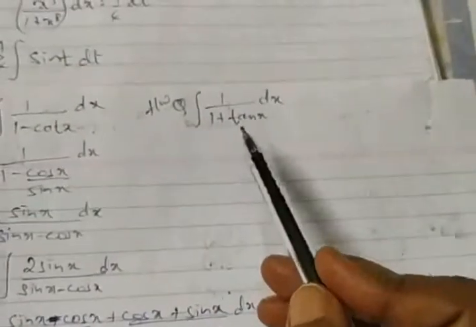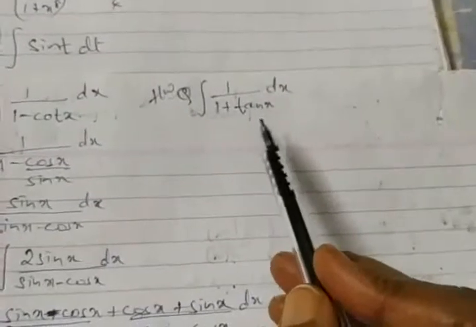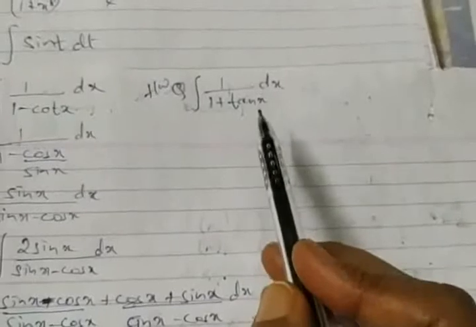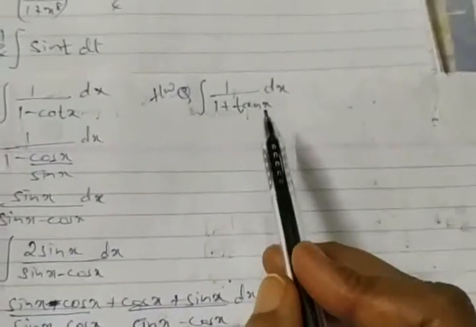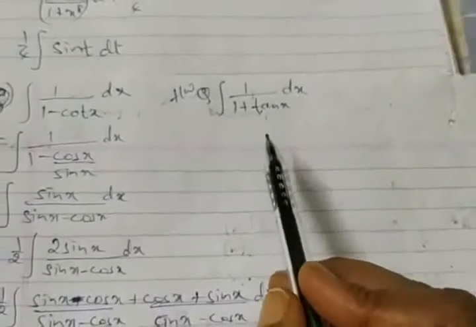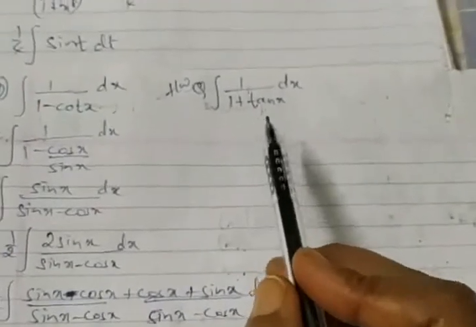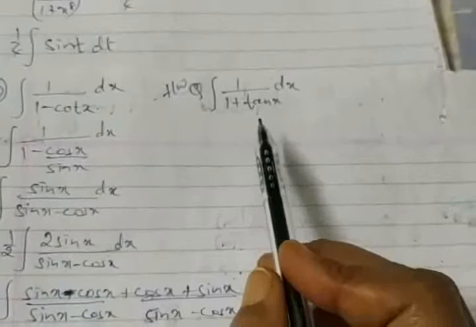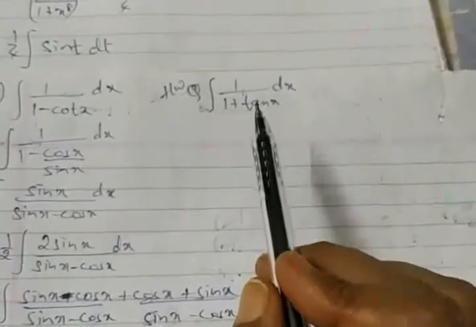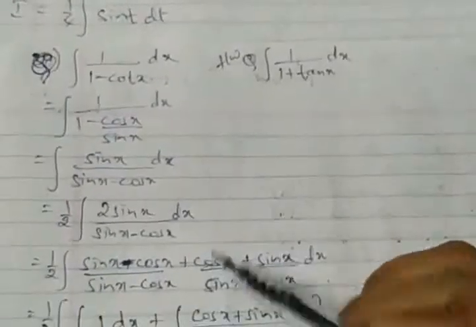Now integration of 1 upon 1 plus tan x is the homework part for you. Don't make an excuse, solve this question. Maybe this question is a worked example in your textbook also, so check your textbook and try for that question. During the doubt session I'll be asking for the solution of this. Everyone needs to answer this question with the proper steps.